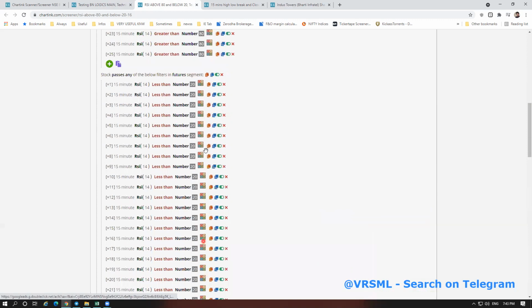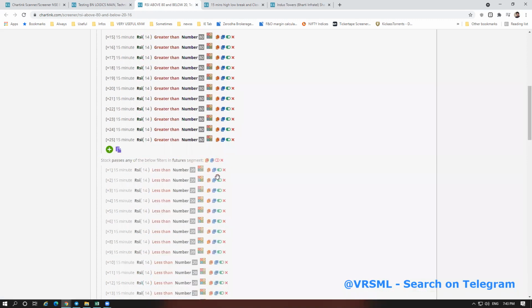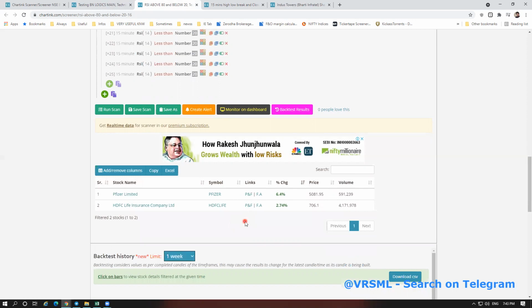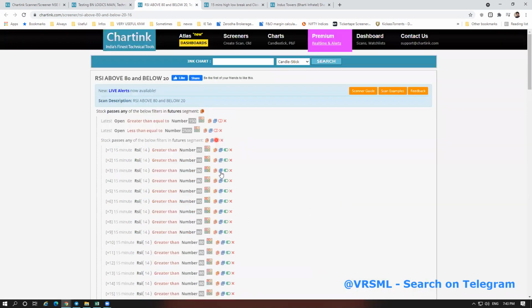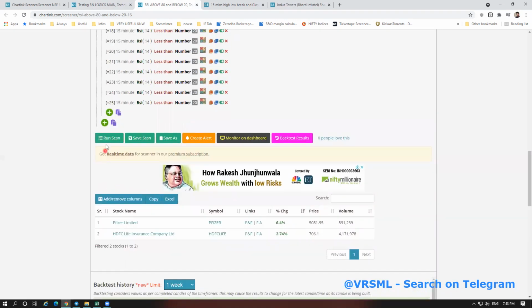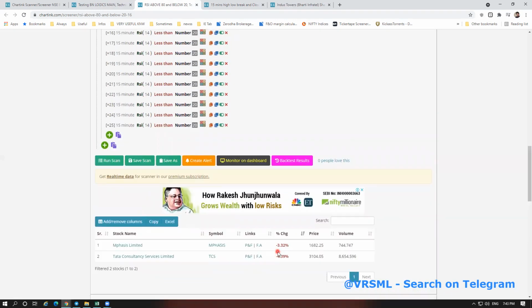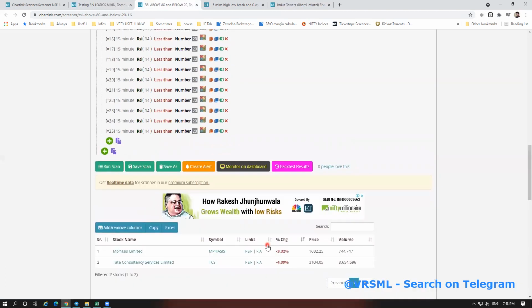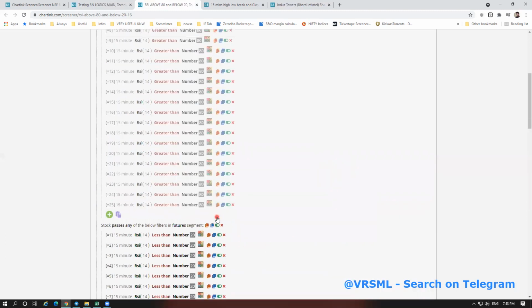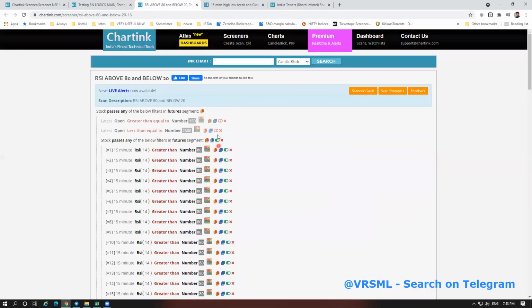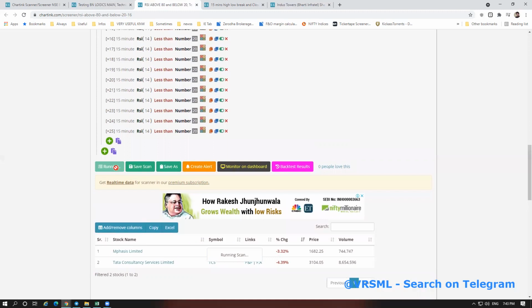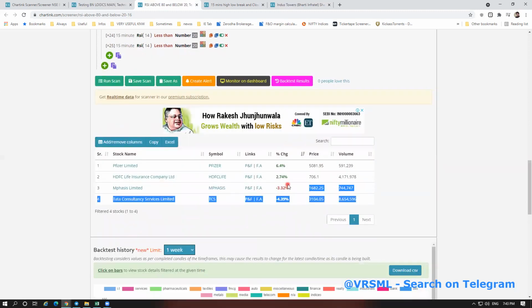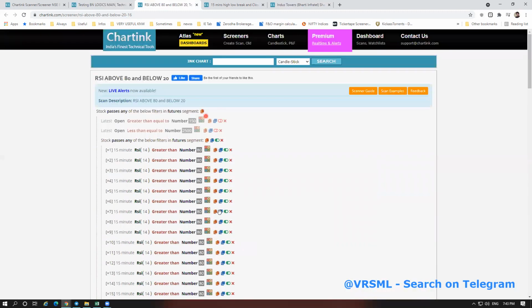But if you don't want to guess, just disable this and scan, and you will find the stocks above 80. Then disable this and enable that, and you will find stocks below 20 and rested above 20. So below 20 basically, then you can check whether it has rested or not. Accordingly, you take a trade using our RSI logic. I have also added this, if you want a specific stock you can do this. If you scan completely, you will get four stocks and you just have to guess which is RSI 20 and which is RSI 80, so I have manually added this filter if you don't want any guesses.